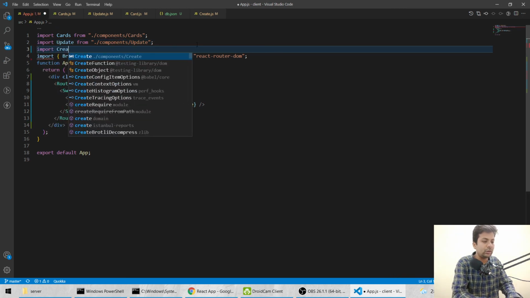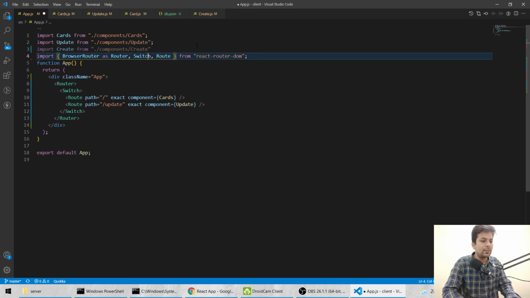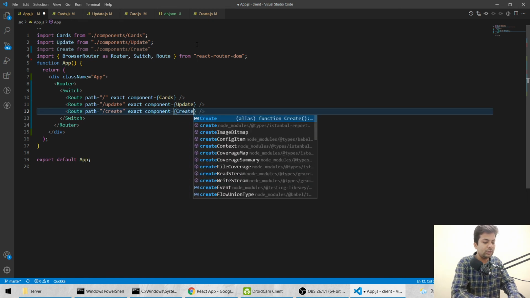Import create from here, we'll say, if someone wants to go on the create, just send this component, just save it.